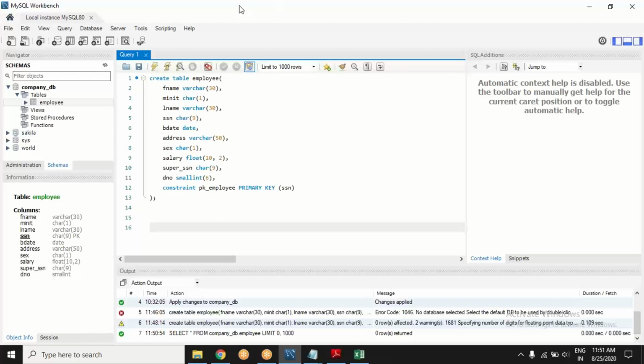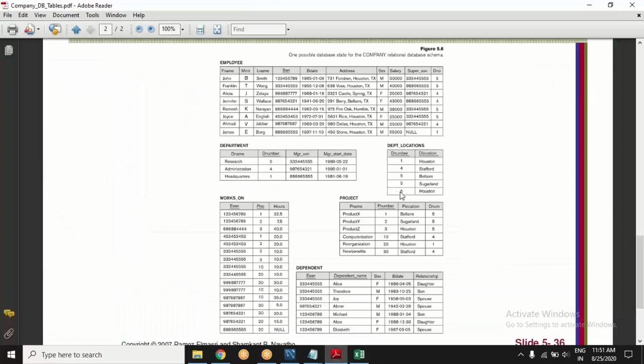Let's get some data. Which data? The data sitting in your... yes, the raw data which you were provided and which you wanted to upload onto the database company DB. So let's go ahead.